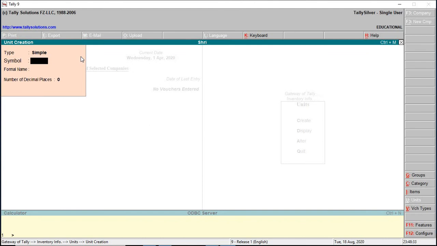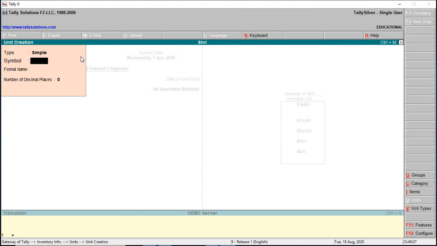Let us create one more simple unit of measure, that is numbers. Now we have two simple units of measures, dozen and numbers.